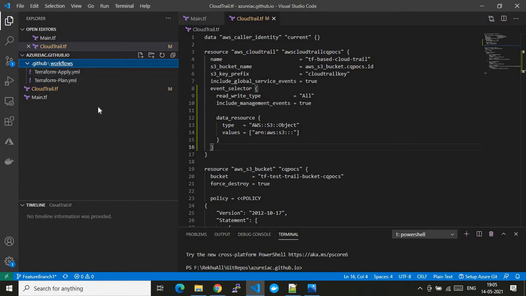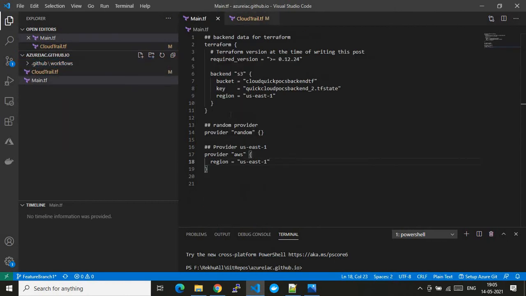That's the basic setting of this complete environment, which you can see right now. I would encourage you to please watch my previous videos where I explained everything in regard to this from scratch. After that, I have one more file called main.tf. This file contains the Terraform backend information and also provider data. Again, I recommend you watch my previous videos on how to set up this environment, like creating Visual Studio Code and a GitHub repo, and the other things I have already done.